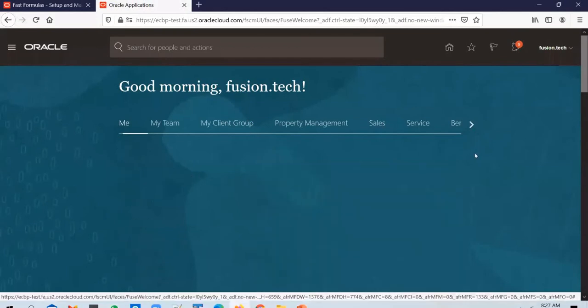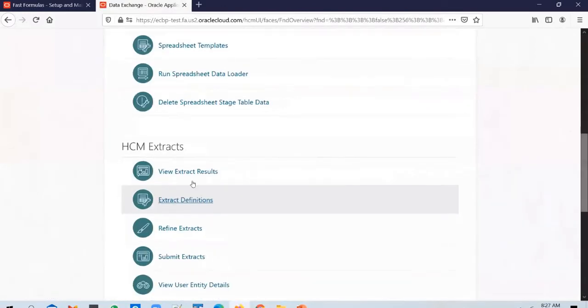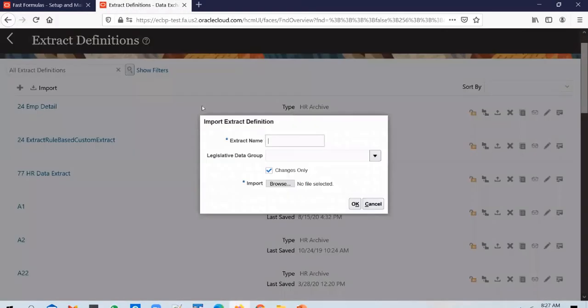So you go to My Client Group, Data Exchange, and HCM extract definitions, and you can use the import option.